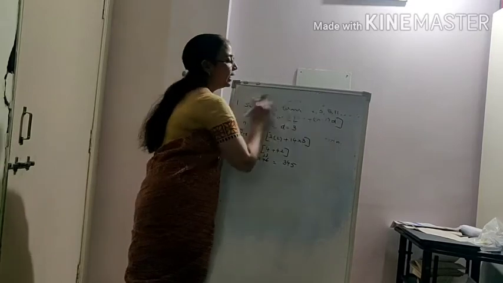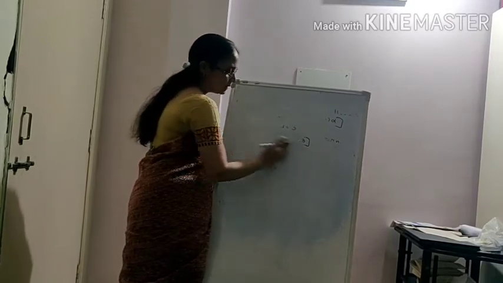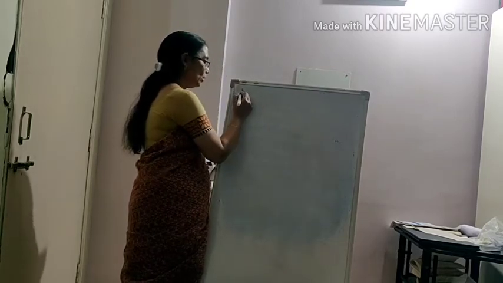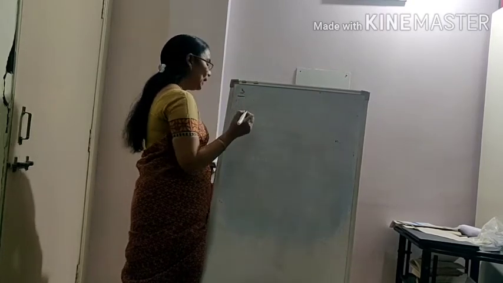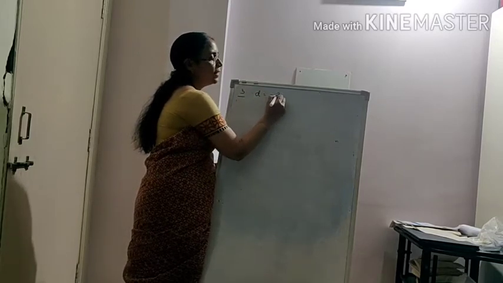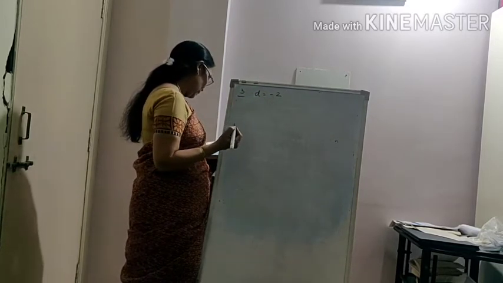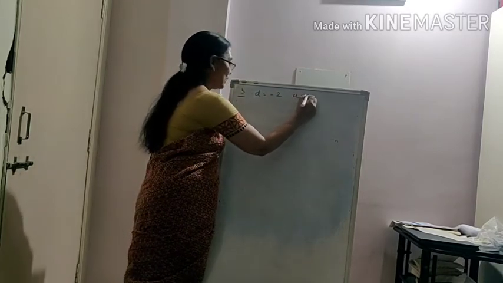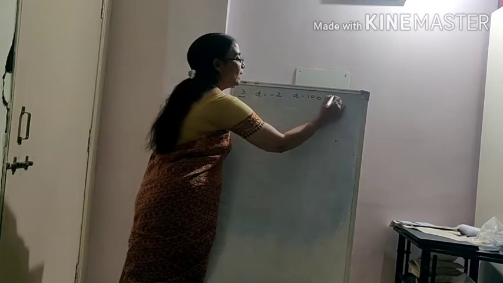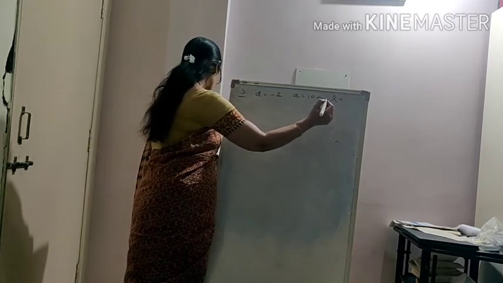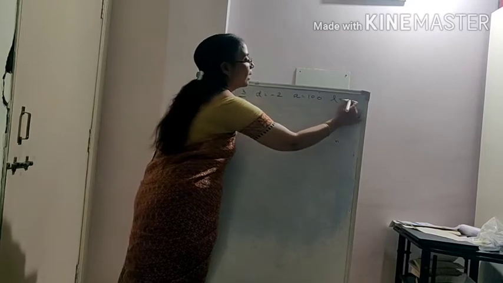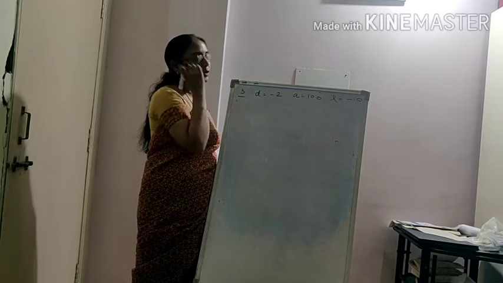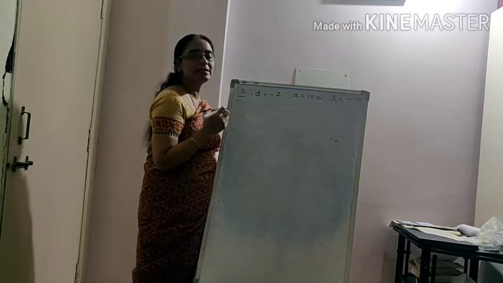Let us see one more problem on this. These are all the problems in your exercises. This was the first problem. Now I am going to show you the third one. Here the common difference is given as minus 2. Find its sum if its first term is 100 and the last term is minus 10. So d is equal to minus 2, a is equal to 100, l is equal to minus 10.